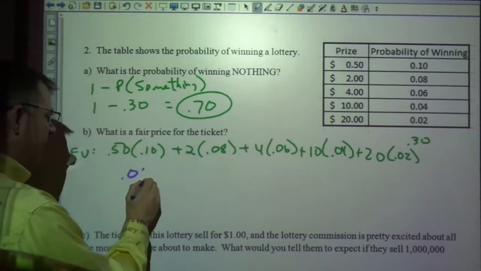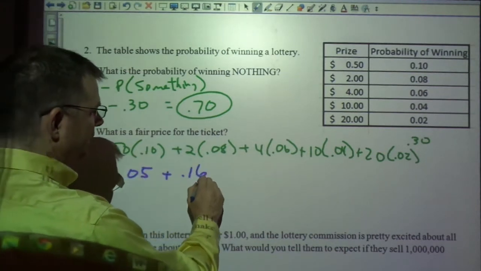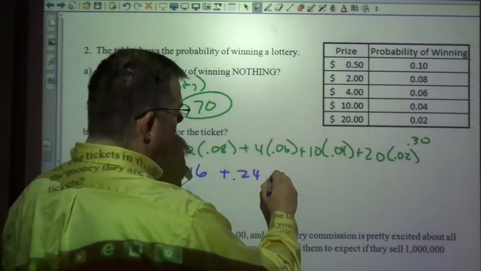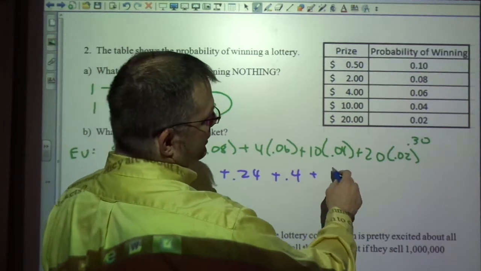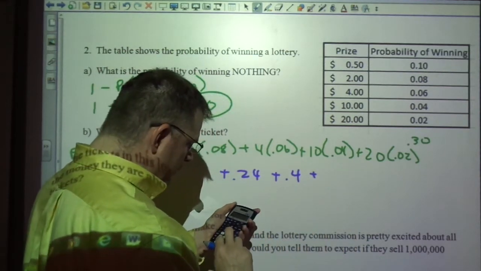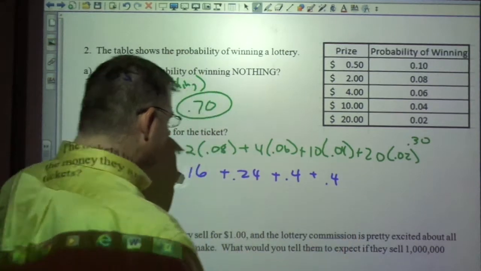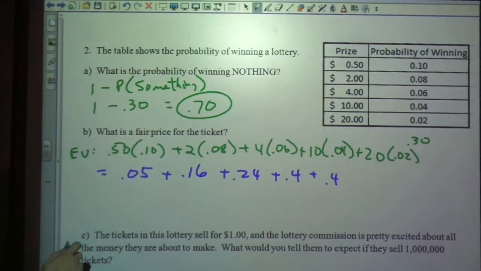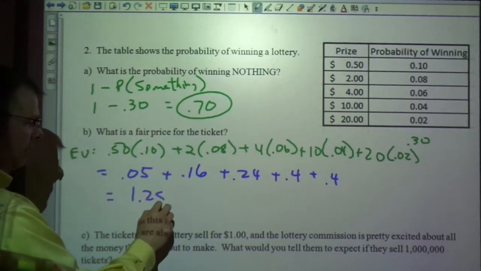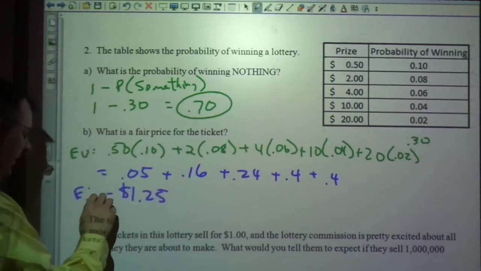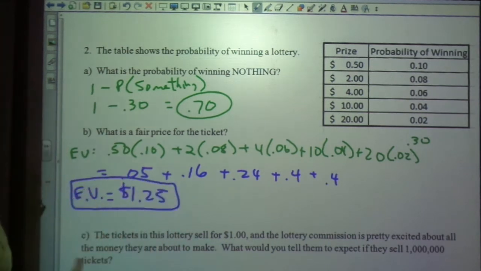That is 0.05. This is 0.16, this is 0.24, this is 0.4, and this is 20 times 0.02, 0.4 again. When I add all those up, I get, this is 40, 40, 40, that's 120 plus 5, $1.25 is the expected value. That means if I buy a lottery ticket, I should expect on the long term, that lottery ticket to be worth $1.25. If I buy 1 million of them,